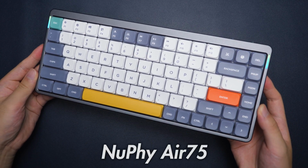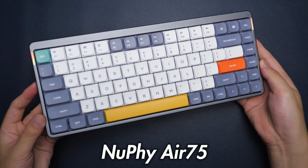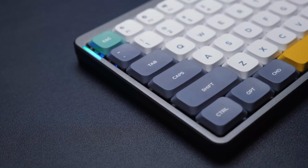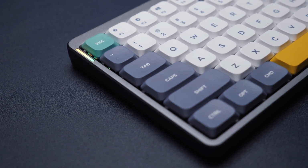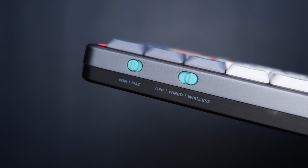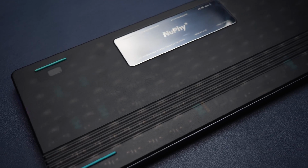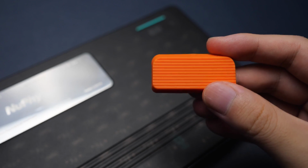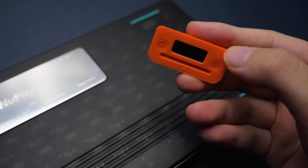This is the NuPhy Air75, the latest 75% low-profile keyboard and is the best one I've tested so far. It has a lightweight aluminum top frame, LEDs on the corners, USB-C port, and tactile switches on the back for various modes. On the bottom we have an ABS frame, a mirrored piece along with rubber feet. You also get these magnetic rubber feet that give you a 6.5-degree typing angle and it fits perfectly on top